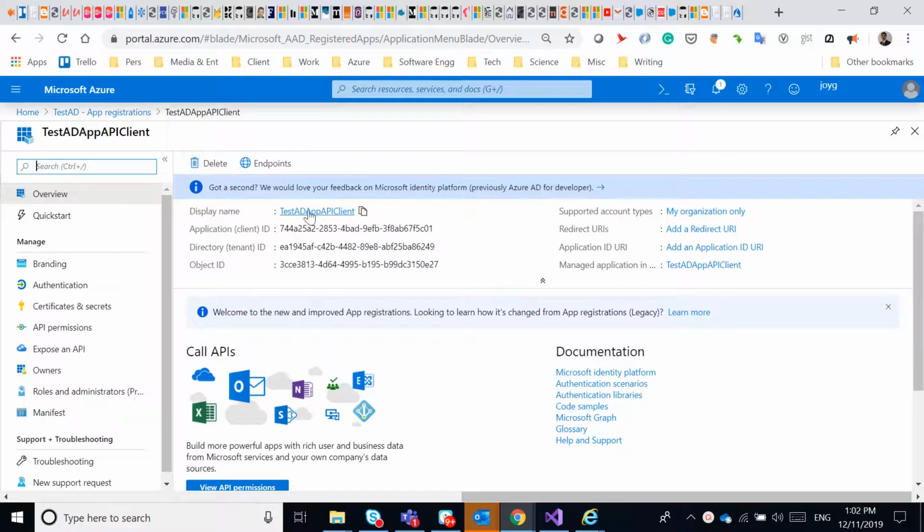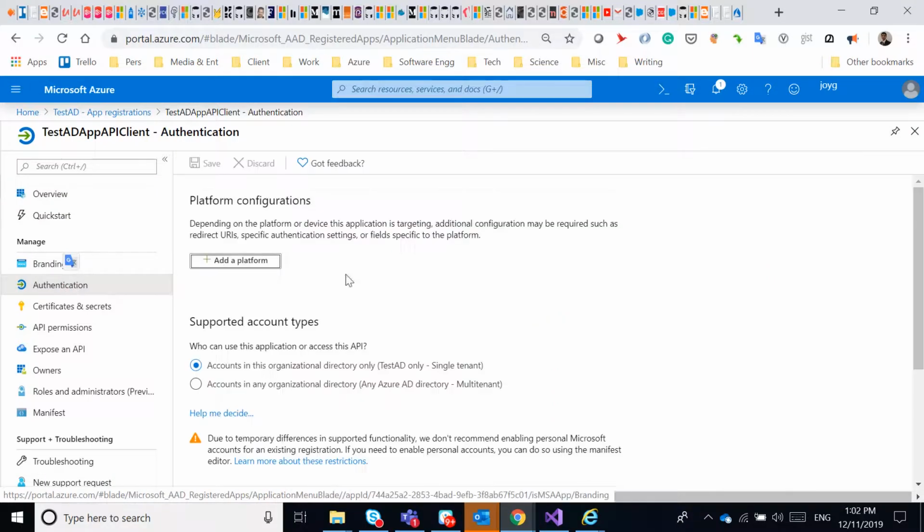The name is fine, just an identifier. It will get its own application ID, and currently it is in the same Active Directory tenant. As we can see here, there is no redirect URI required and no application ID required. All this can be left blank. Coming to the authentication blade, select support accounts in this organization only. No need to go to multi-tenant at this point.